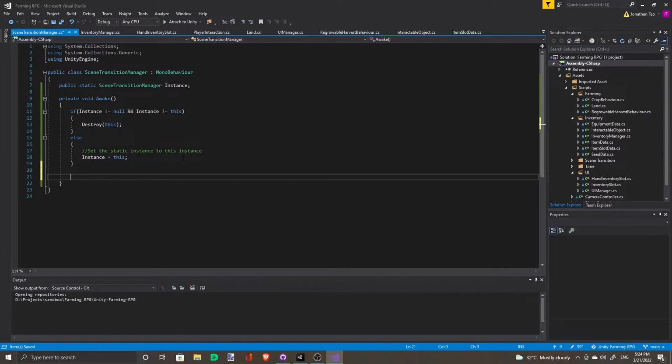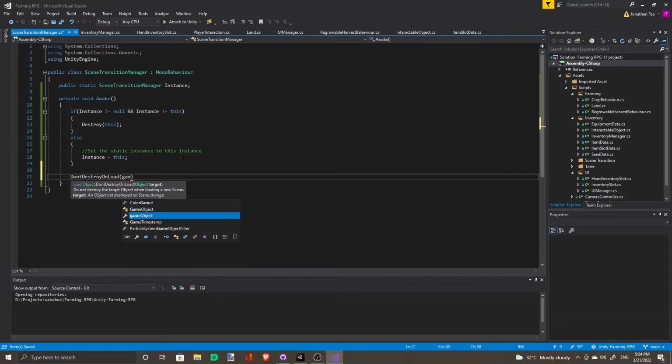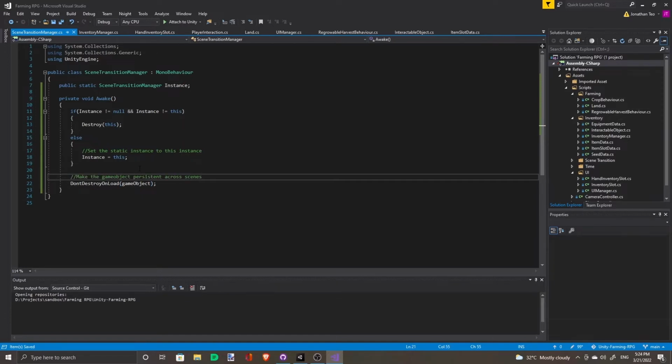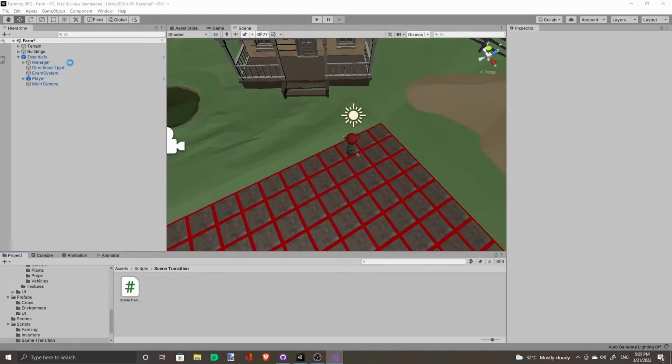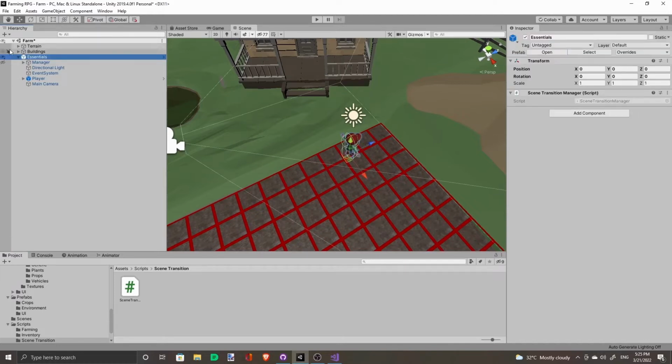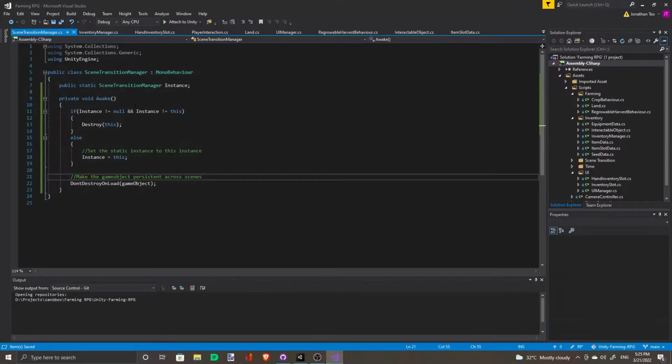So we will do DontDestroyOnLoad on this game object. So this will be persistent. If I were to change scenes, this game object would not be destroyed.